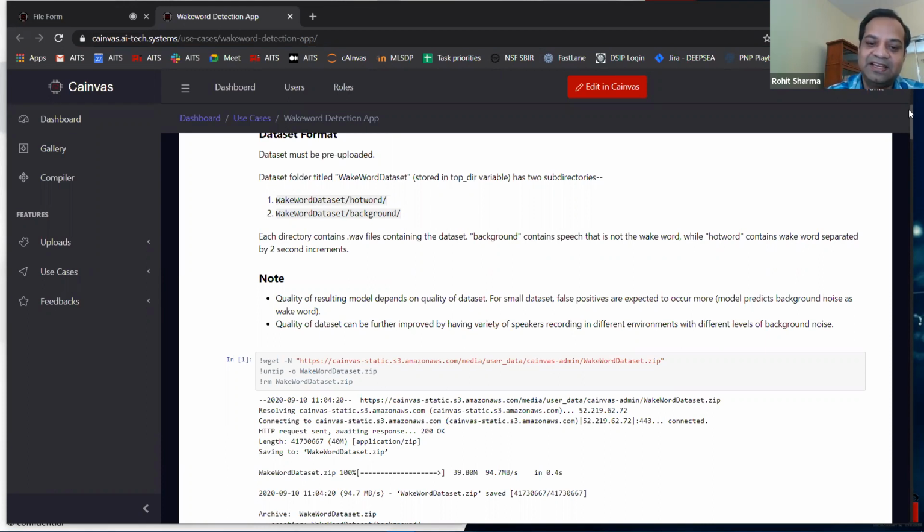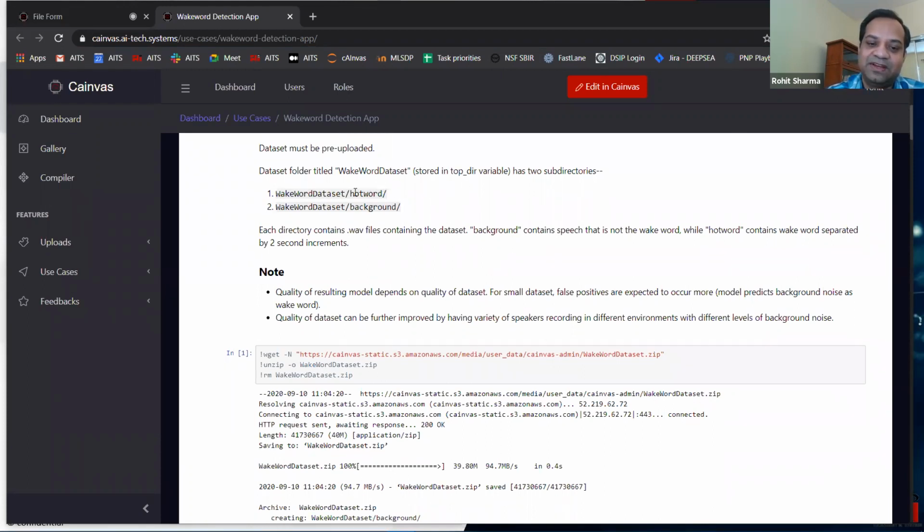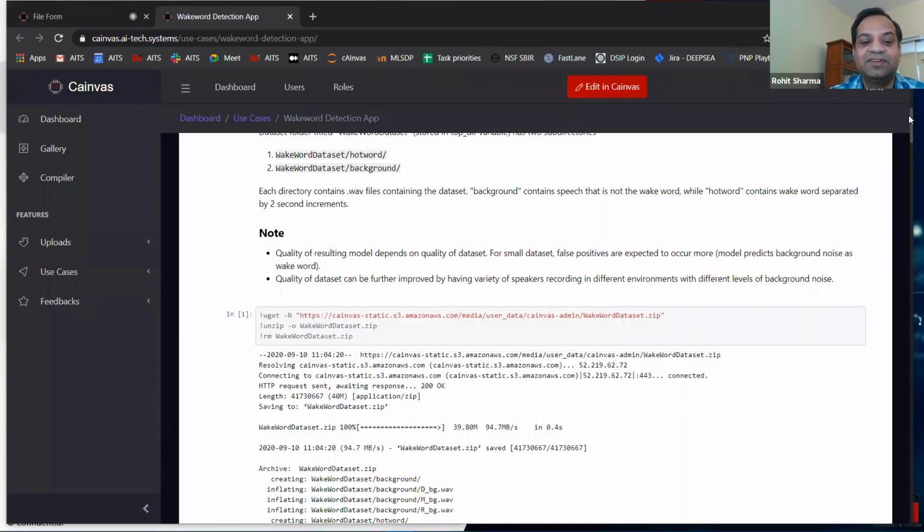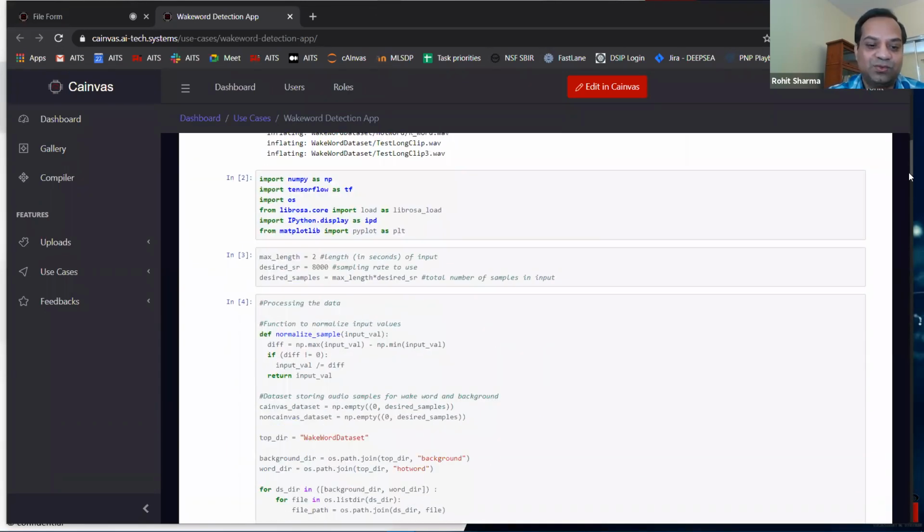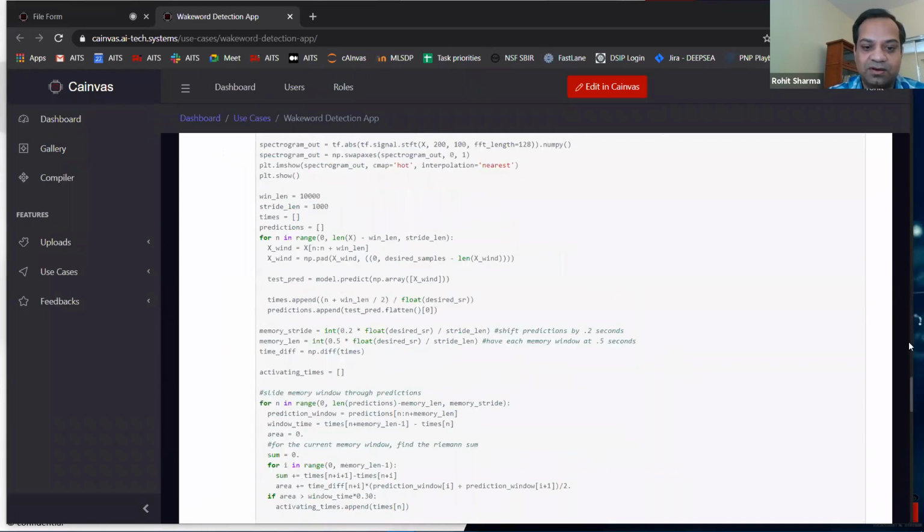So it takes three different files. One is your background, meaning if I'm not speaking, what is the noise behind me? Number two is your hot word. Say, hey Rohit, 50 times, and that is your hot word data set. And the third one is the negative data set. Like, you read a page of any unrelated book that does not have my name in it. So these three files you record and give to this application, and it would do the work beautifully and give you the model at the end.